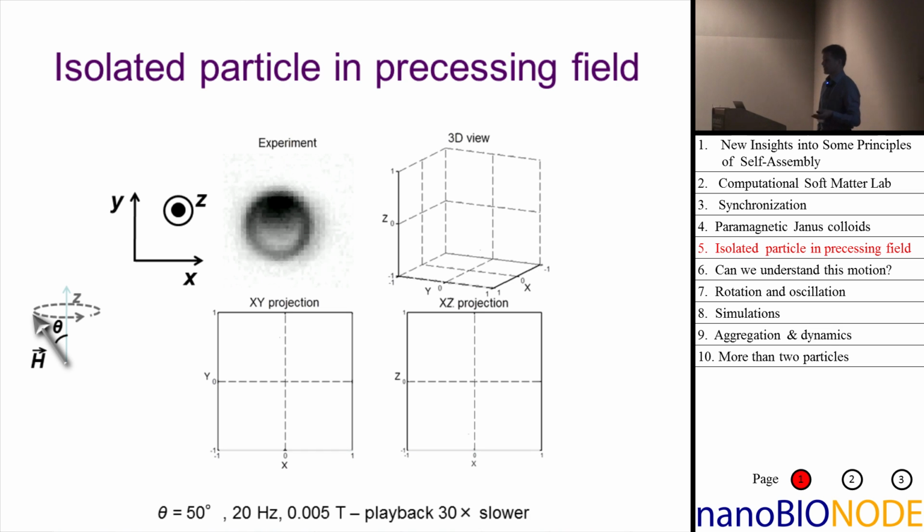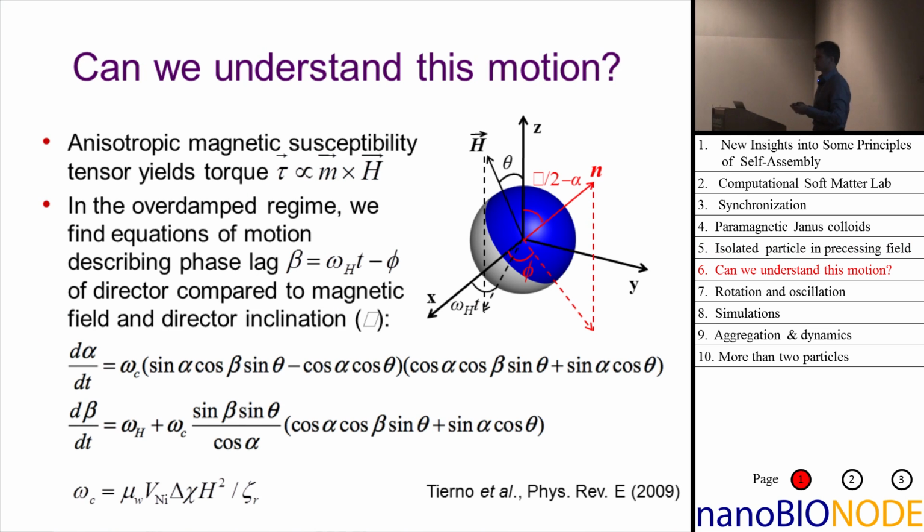So that's already complicated, but at that point, it's just a toy, right? It's a game. It has nothing to do with synchronization or self-assembly. Nevertheless, we have to have some idea about what's going on. And it turns out it's actually completely possible to understand this. I will not go to the equations here, but basically, you can describe this as a system of two coupled differential equations that can be solved, has been done before, and you find exactly this nodding motion.